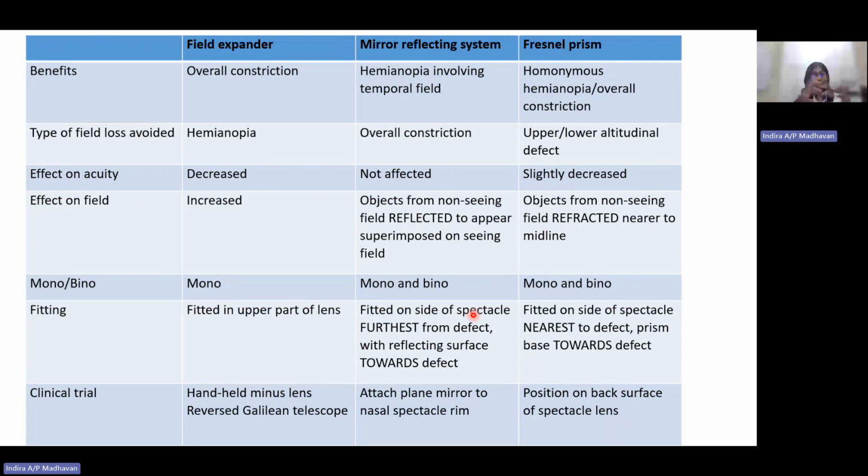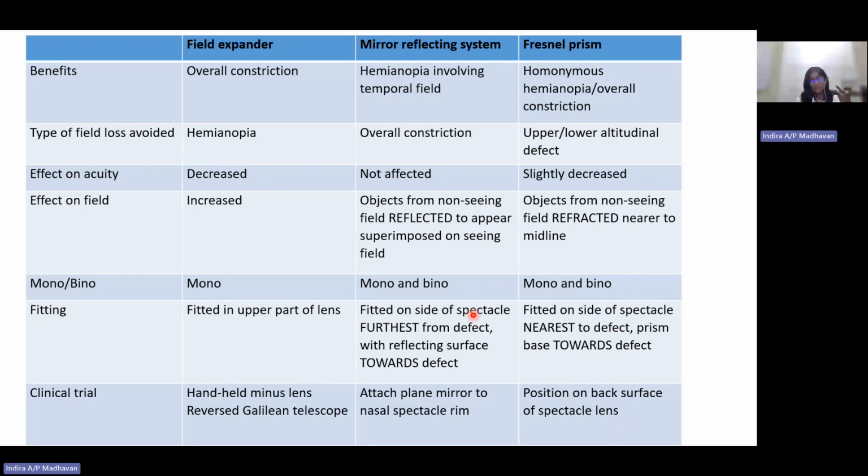And the fitting is, if the patient is already using a Galilean telescope, no issue. You just need the telescope. If the patient doesn't have one, they can actually have handheld minus lenses. As I say, just take an uncut lens and get a holder for it, and that can be prescribed to the patient. Or another way is, if the patient is wearing spectacles, they can have